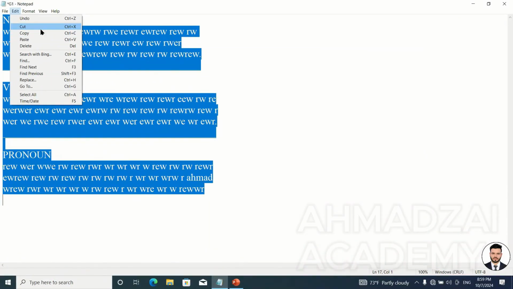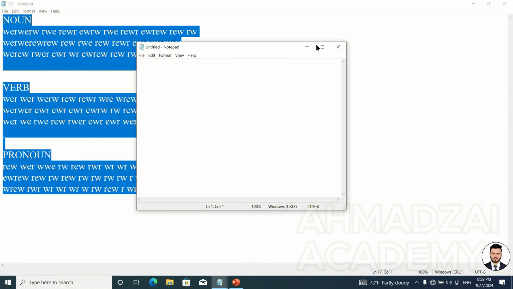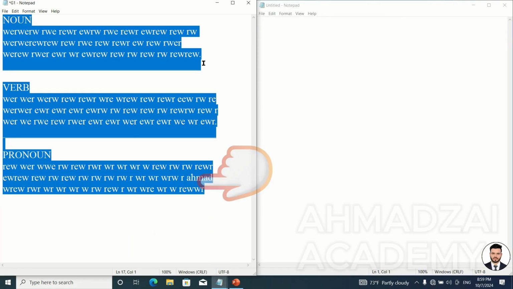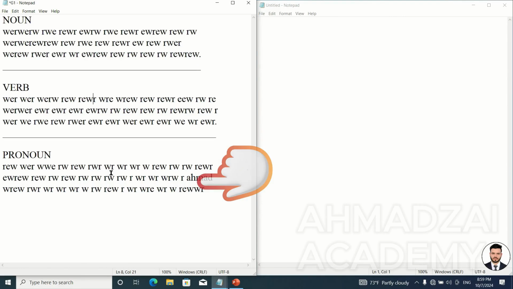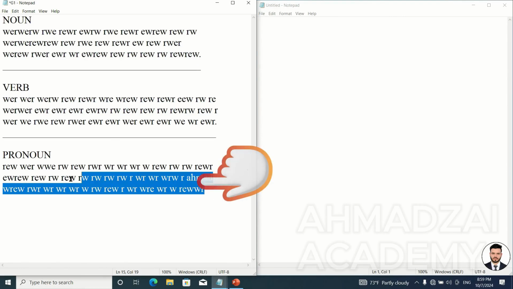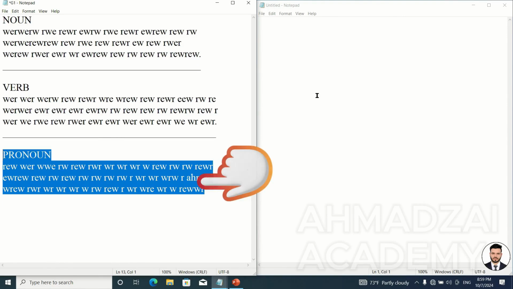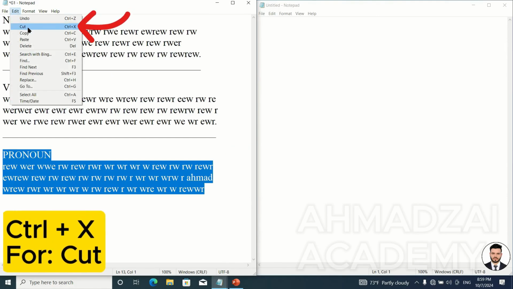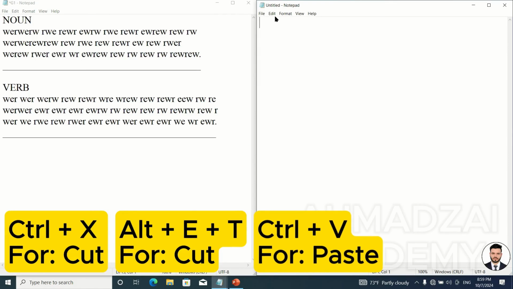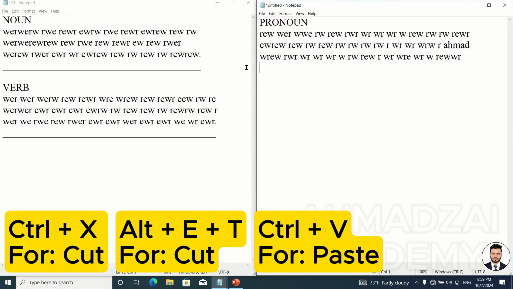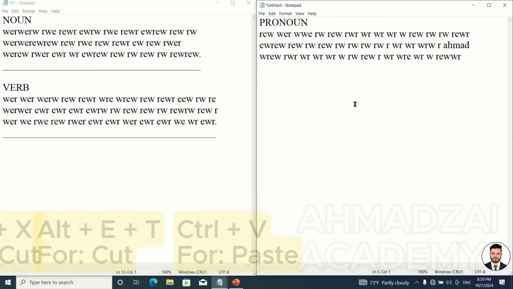One thing we have is called cut, copy, and paste. For example, we have 2 pages, Notepad. I'm transferring a text or a grammar point from here to there. For example, we only select the grammar for pronouns. We say, I need this part from here to there. We either need the original or just a copy. If we need the original, what do we say? Cut, or Ctrl+X. Here, we press Ctrl+V or paste. It completely moved from here to there.